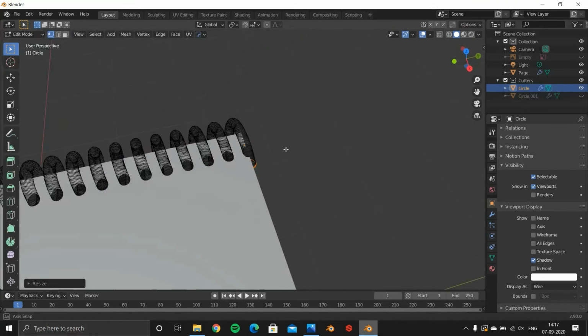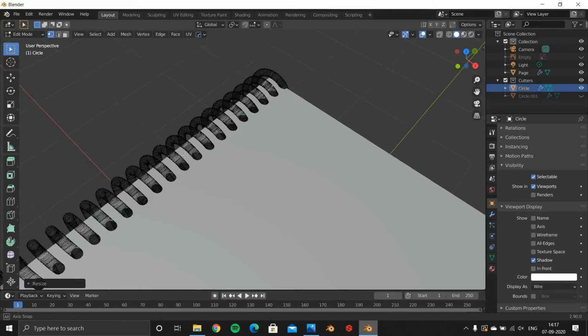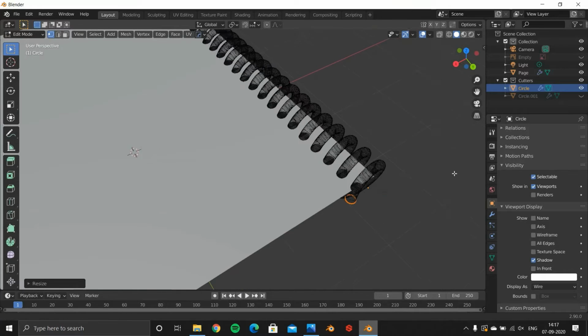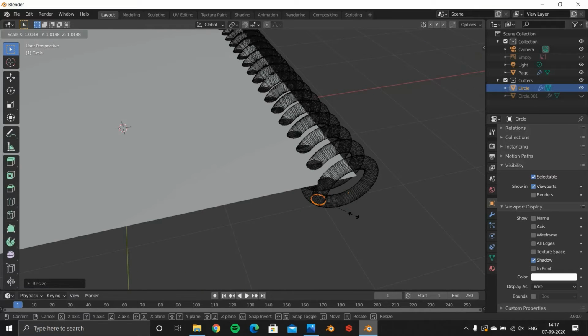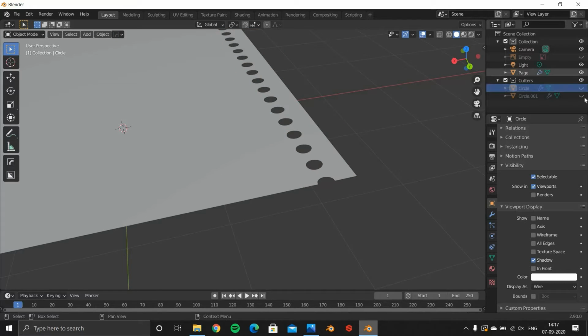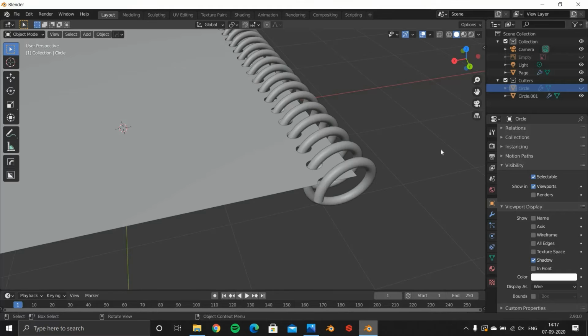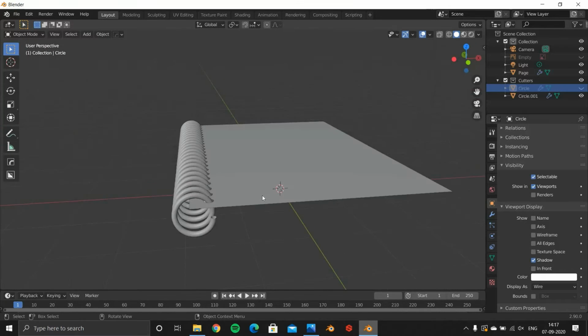And also guys, for you to use that Ctrl minus shortcut, the Bool Tools add-on should be enabled, otherwise you have to do it by going in the modifier tab. So I've increased the size of the holes a little bit, and now what I'll do is hide this one and enable this one. So now you can see this looks pretty good.